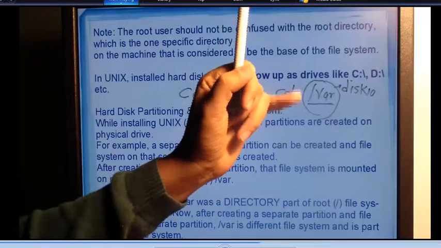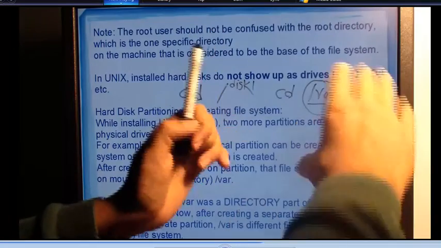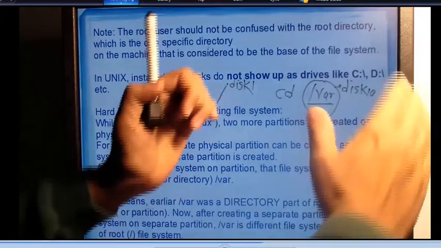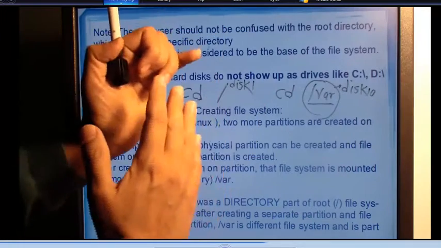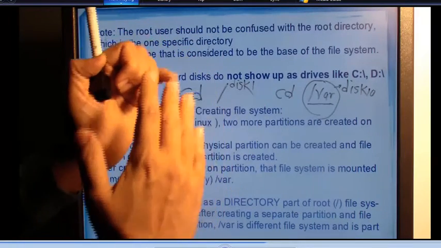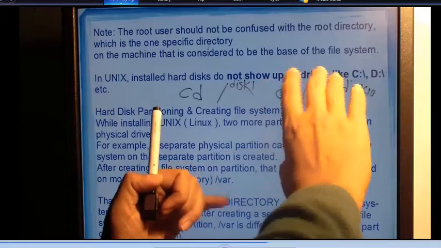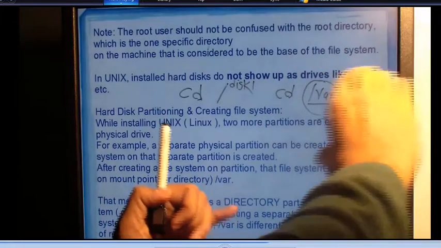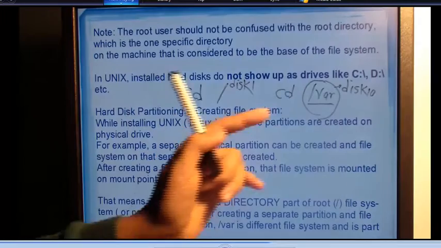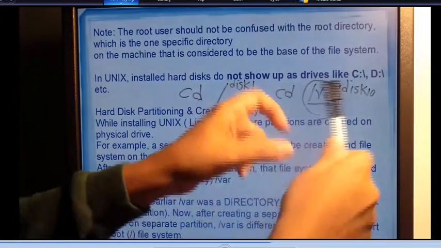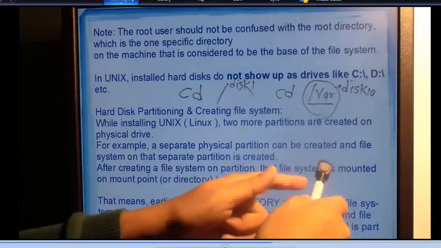And why different file systems? Because different disks, because you have a large amount of data, and when you have a large amount of data, then you need a large number of disks to store that complete data. That's the reason you have to create a file system on different disks and mount them underneath different mount points. Mount points are different directories like /var